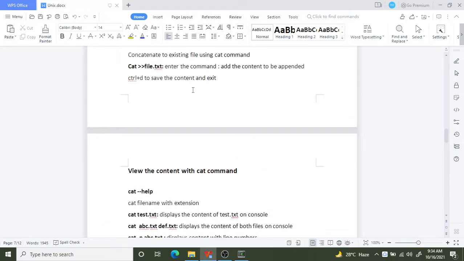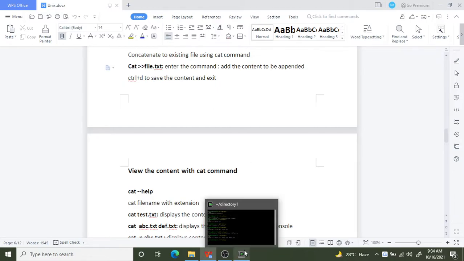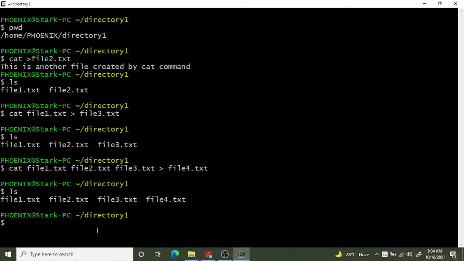Okay, so I already have a file, and there is some content added to it, and now I want to add some more content to the existing file. So for that we can use greater than, greater than. If you use this redirection operator, we will be able to append the content to that file.